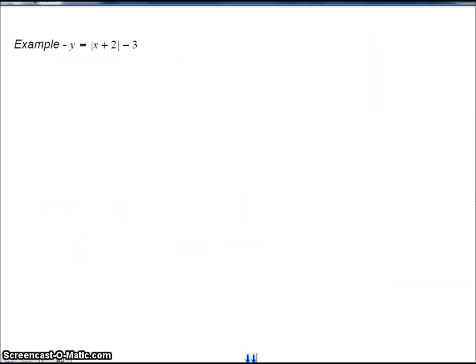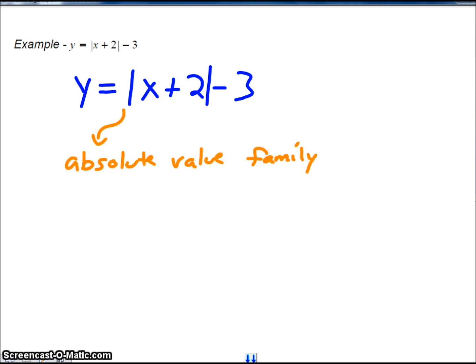We have the equation y equals the absolute value of x plus 2 minus 3. So I'm going to write that again to make it a little bit bigger. And so the first thing you need to recognize with this example is that it's an absolute value function, right? We have x inside of an absolute value. So this belongs to the absolute value family. And so let's acknowledge that to begin with. And as soon as you acknowledge that, you should then